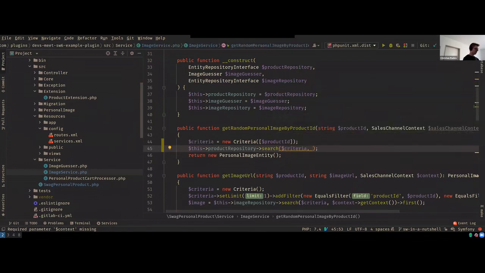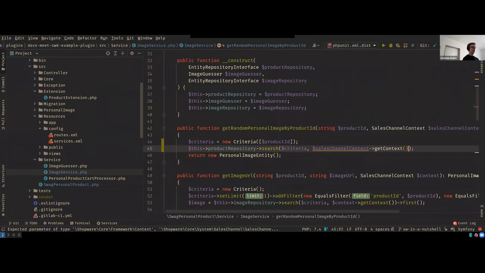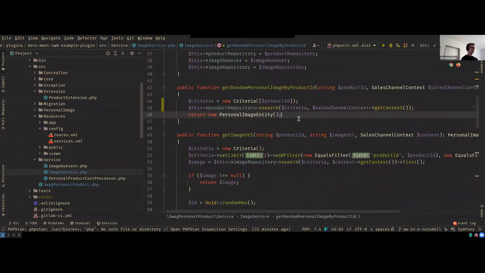So we're at the criteria, and then we pass it the sales channel context, which again, we need to get a context. What this does is, again, we are accessing the data through the storefront, which means we get a context that knows that it comes from the storefront and the selected currencies, selected users, sessions, stuff like that. And we need to tell our repository that, so that it can hydrate the data we need in the correct languages with the correct currencies, stuff like that. All right. And then we need to fetch